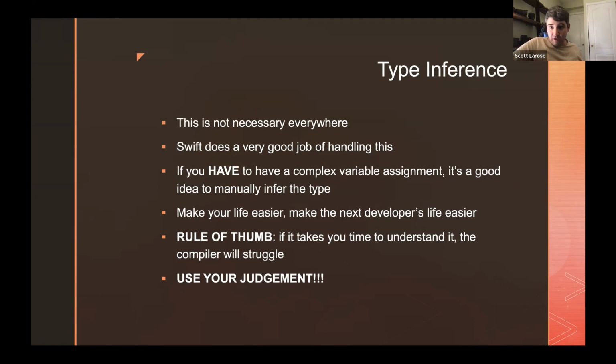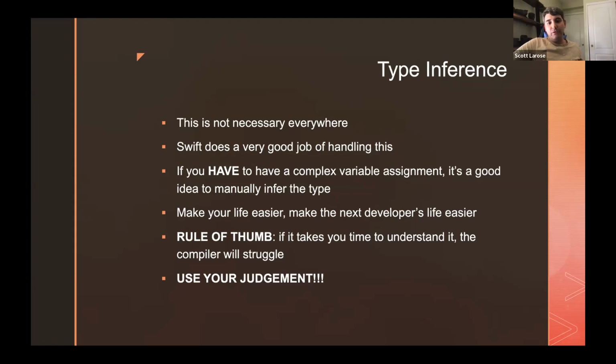So this is not necessary everywhere. Type inference: I am by no means recommending that you should go and add types in Swift to everything. Swift has a lot of syntactical sugar around that that helps us do our job quicker, and that is a far larger payoff than the milliseconds that you're saving by telling the compiler that this is an int or a string. So my recommendation for this is